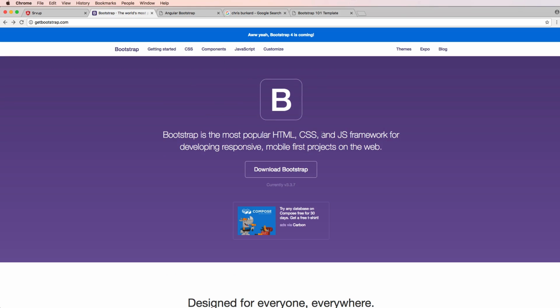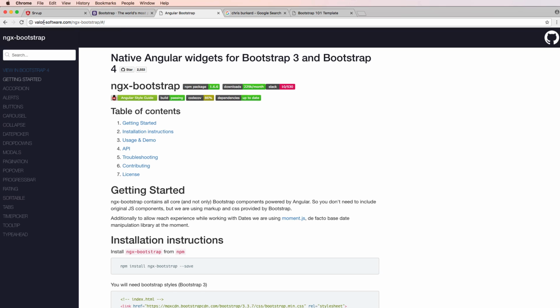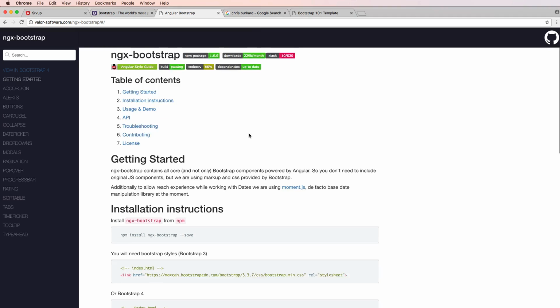What we're going to be using from Bootstrap with respect to Angular is really just the CSS and also the HTML formatting, but really just the CSS. The components, we're not even going to be using the Bootstrap components. Instead, we're going to be using Valor Software's NGX Bootstrap for the Angular widgets or components, specifically for Bootstrap 3 and 4. They do have documentation for 4, so it's probably very similar. And in fact, their Bootstrap 3 components are really easy to use and to work with. So that's something we're going to be doing in this one, is actually setting this up and working with it